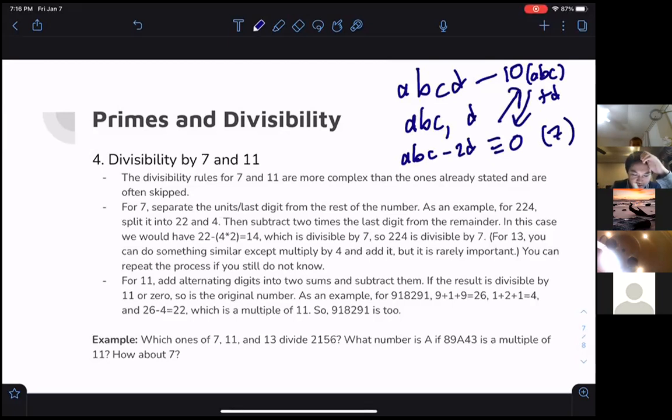For the sake of proving it, I'll show you guys what is probably more than you need to know. So if 10 ABC plus D is congruent to 0 mod 7, which is what we want to find out whether or not that's true, then we just write this is congruent to negative D mod 7. 10 is just congruent to 3 mod 7, remainder of 3. Notice that if we multiply both sides by 2, we get 6 ABC, and 6 is congruent to negative 1 mod 7, so we should multiply both sides by 6, sorry,